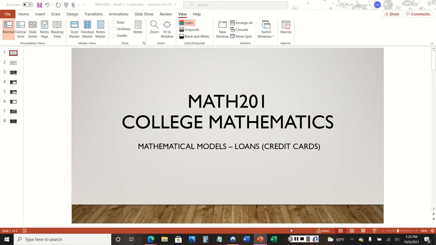Okay, in today's video, we're going to be discussing mathematical models again, loans, but in specific, we're going to be discussing credit cards and how interest rates are calculated on credit cards. But before we get into the discussion,